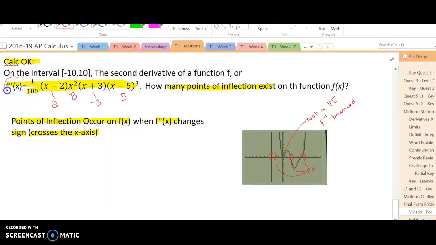Knowing what the second derivative looks like, we really could have done the problem without graphing it on your calculator. But seeing it right in front of you is really helpful. We'd also